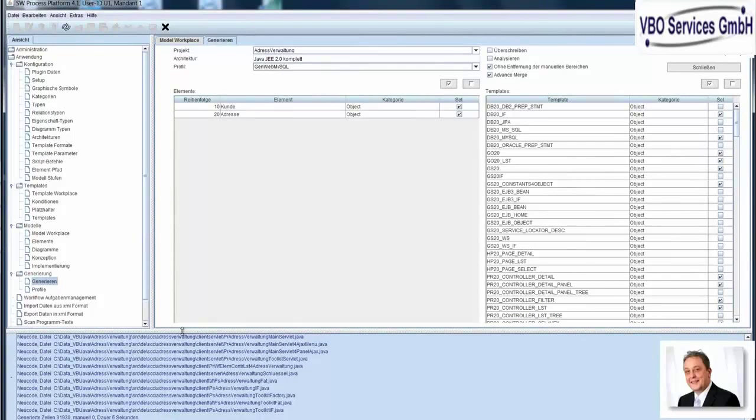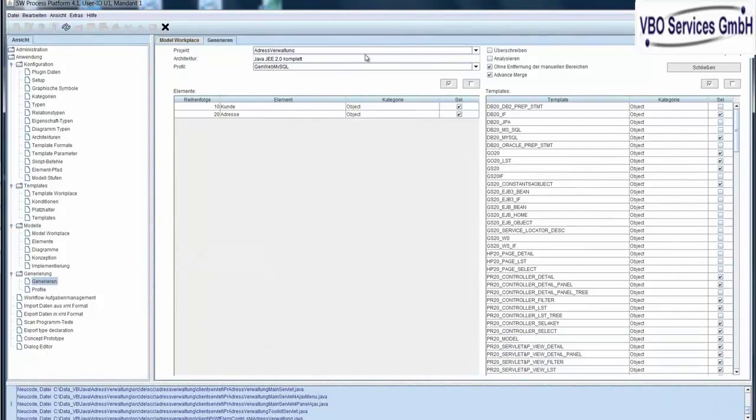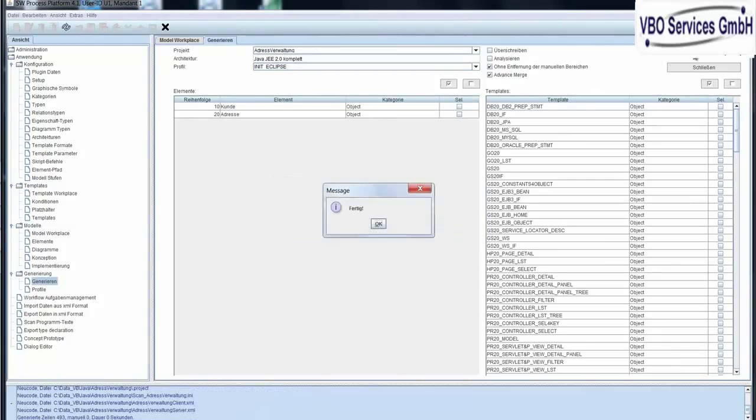Can we start the application now? Right away. We just need to start the initialization only once more per project, since the generator for Eclipse produces all artifacts for the development environment. Since it has generated 493 lines in less than a second,